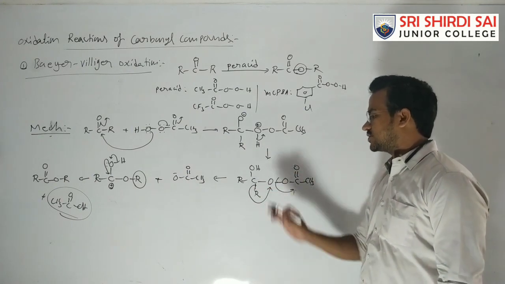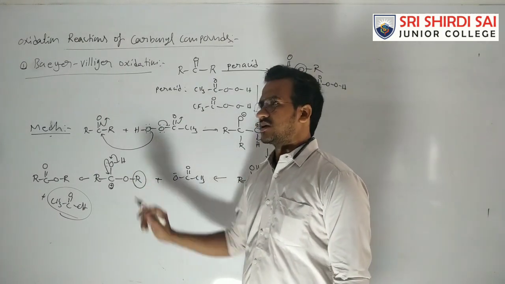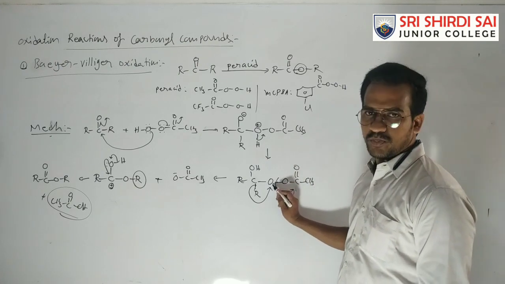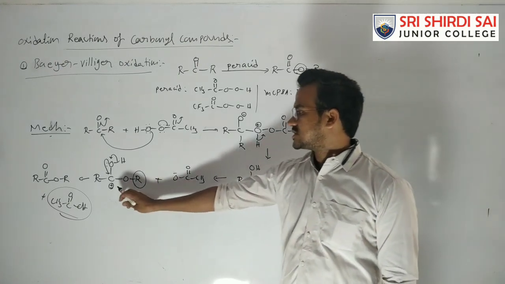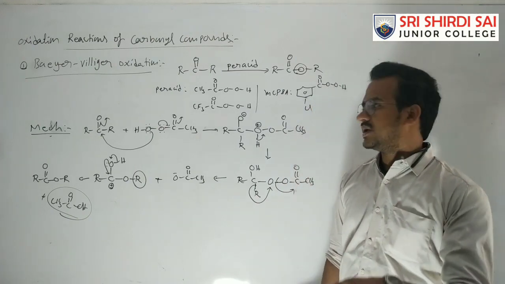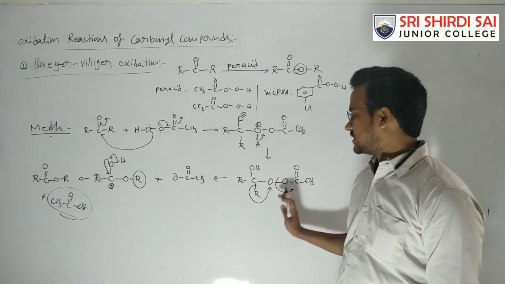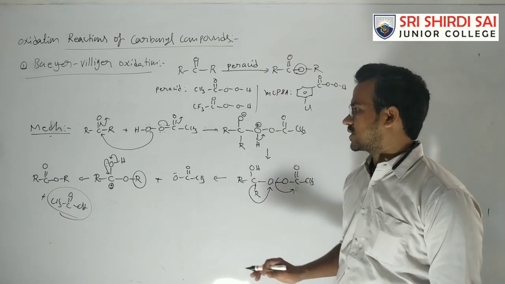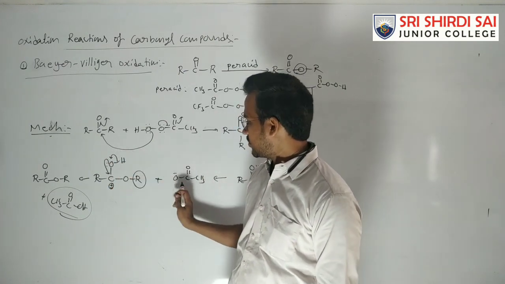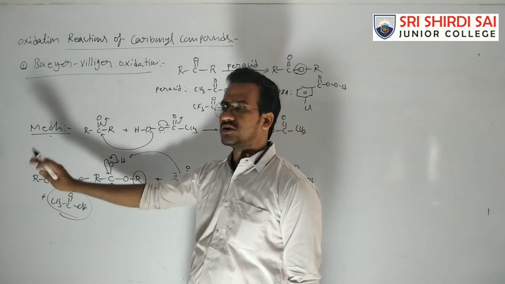Okay, alkyl group is migrated to the oxygen. So here in this case, this carbon becomes electron deficient. So here after leaving of this group, this one becomes an O plus. After migration, this carbon becomes a plus. So C plus and O plus, comparatively C plus is more stable. That's why this alkyl group is migrated to the electron deficient oxygen. Then here reformation of the pi bond and loss of H plus. This H plus is removed by the acetate ion. So that is converted to acetic acid and ketone is converted to ester.